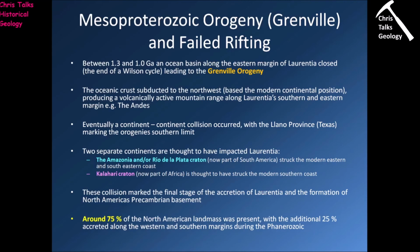So the oceanic crust between the continental land masses subducted in a northwesterly direction, if we are thinking about North America in its current orientation. So the oceanic crust subducted northwestwards under Laurentia, and this meant that the eastern, southeastern and southern margins of Laurentia formed a volcanically active mountain chain. For a modern example of that, think of the Andes. So a nice big mountain range full of volcanoes, lots of earthquake activity. And of course in the case of the Andes, it's due to the subduction of the Nazca plate underneath